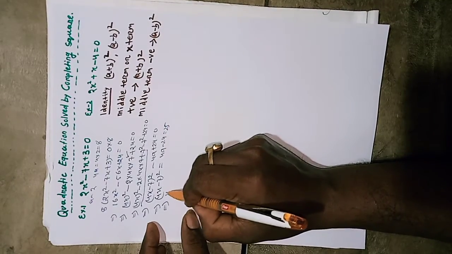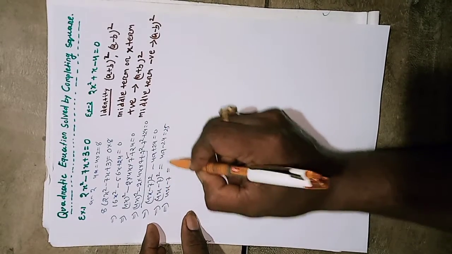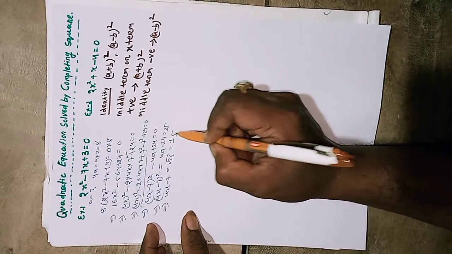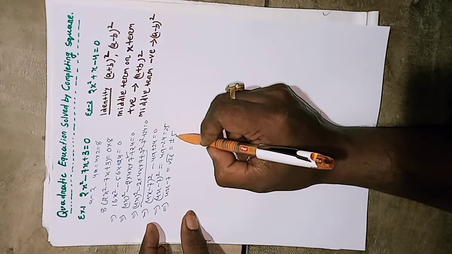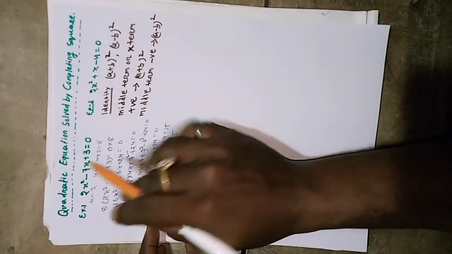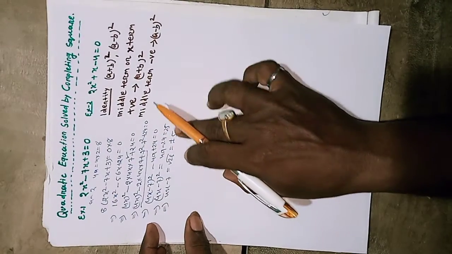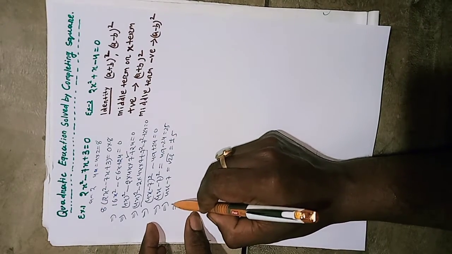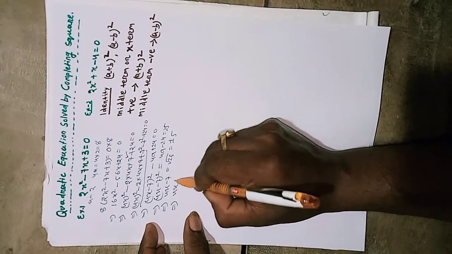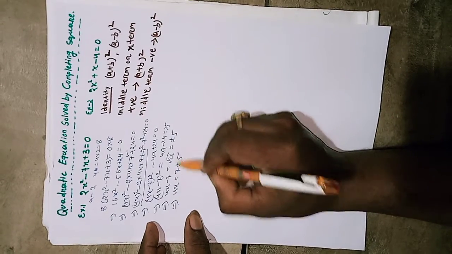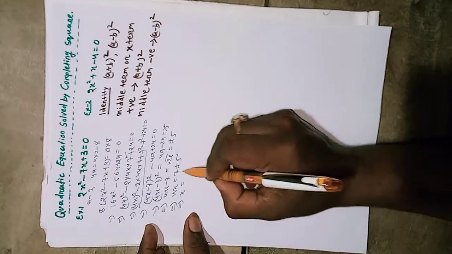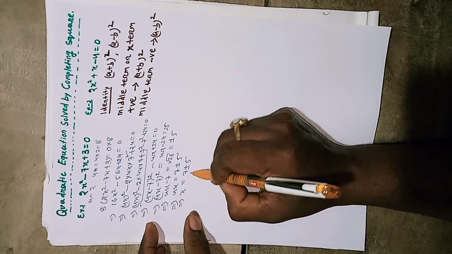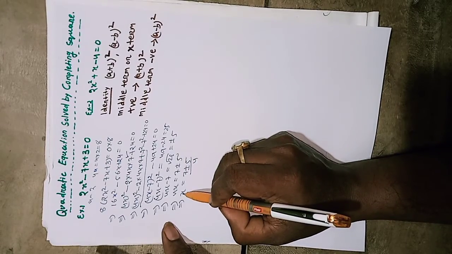Implies that 4x minus 7 is equal to root over 25, write plus minus 5 here. You have to write plus minus 5 both, as you have to find the two values of x, one value taking positive, another value taking negative. Implies that 4x is equal to plus 7 plus minus 5. Implies that x is equal to 7 plus minus 5 by 4. Now find two values of the x.